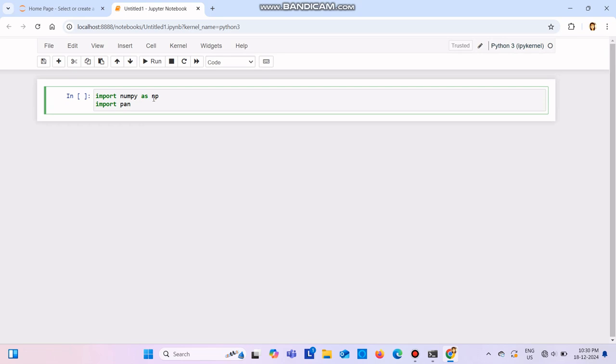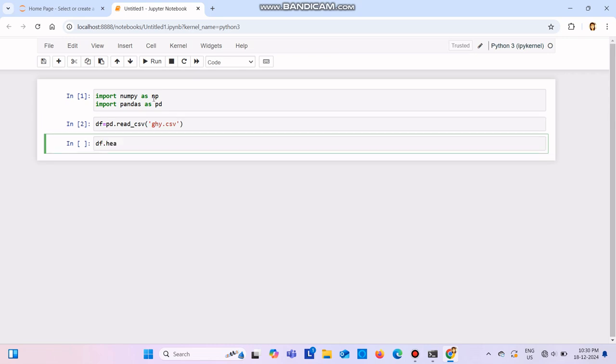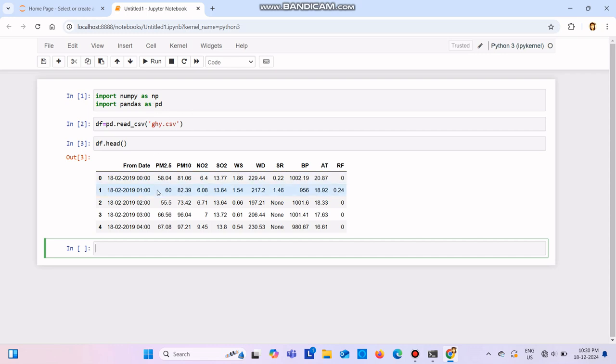pd dot read. After that you can press tab so you can see the options. So read_csv. The name of my CSV file is ghy.csv. Make sure that you have uploaded your CSV file in Jupyter beforehand. Now let's see how the dataset looks. If I give df.head, you can see we have date, then we have this data. These are basically pollution related data: PM 2.5, PM 10, nitrogen dioxide, sulfur dioxide, wind speed, wind direction, solar radiation, barometer pressure, atmospheric temperature,